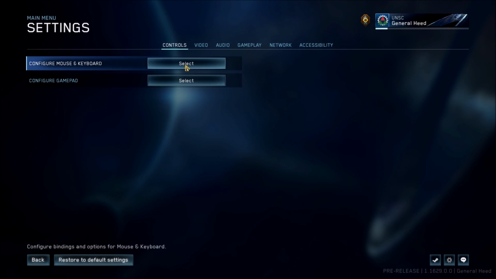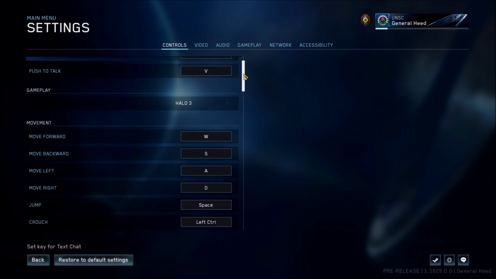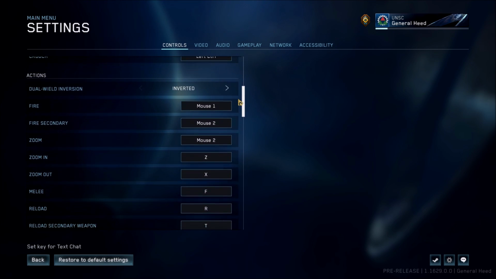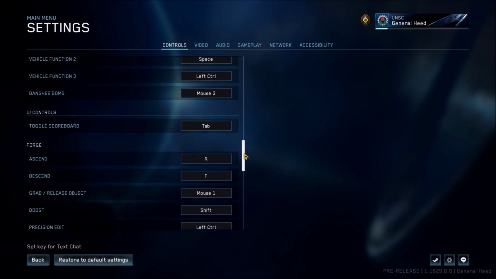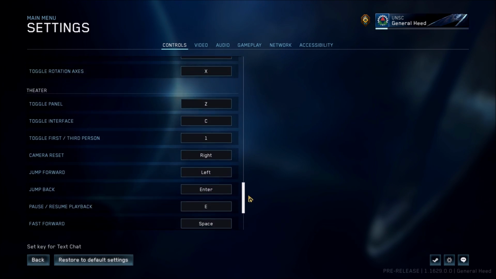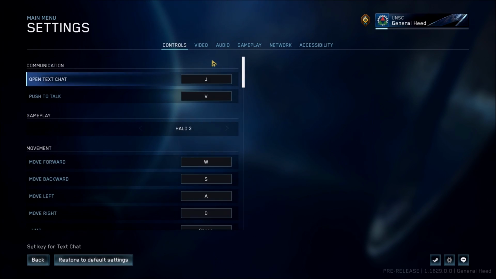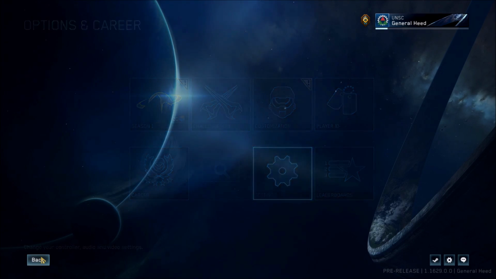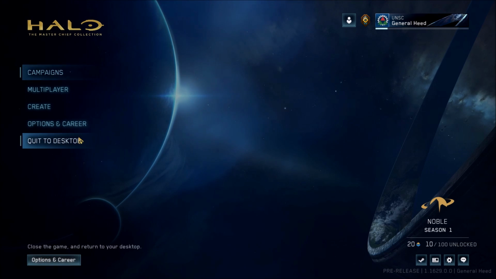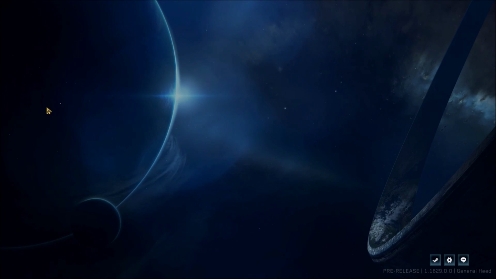And settings, well, there's actually new controls that have been added. There's a few related to dual wielding and stuff for Halo 3 specifically, but there's also now Forge controls and theater controls as well for Halo 3. And Forge controls specifically is actually very important and pretty awesome. And that's because Halo 3 comes with Forge. Forge was actually missing from Halo Reach and Halo 2 Anniversary when they launched,